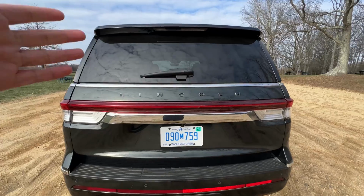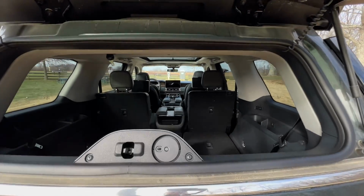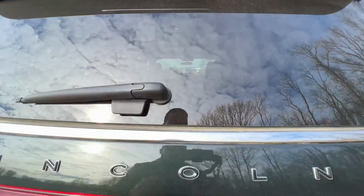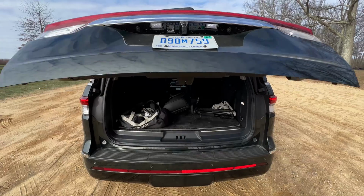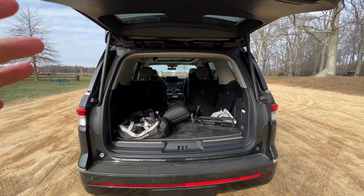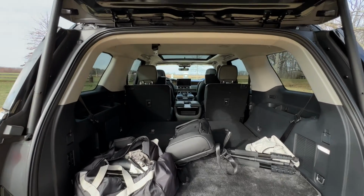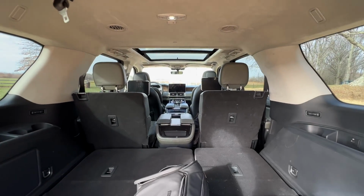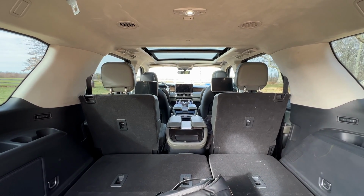Let's check out the cargo space. Now, you can access the cargo area in two ways. One is just by popping this glass open for easy and quick access, or if you want full access, there's another button right down here, and that opens it up to 19 cubic feet behind the third row, 57.5 behind the second row with the second row down, and a massive 103.3 with all the rows folded. So you have plenty of room for your massive Costco runs. So yeah, your family and friends will be really comfortable and enjoy their time in the back of your Navigator,